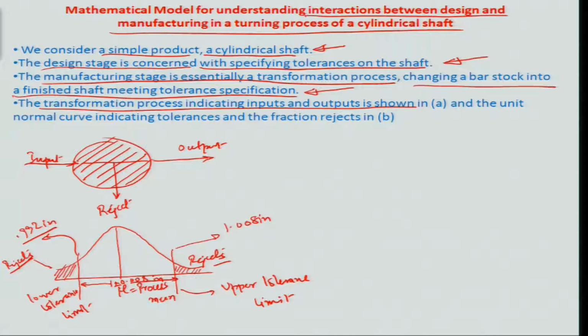Having this kind of situation, the question is whether we can match the process capability to this and figure out a good match so that the rejects are as few as possible. So let's suppose that the design department